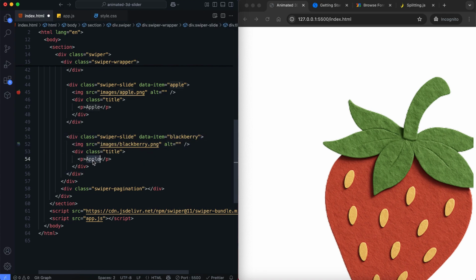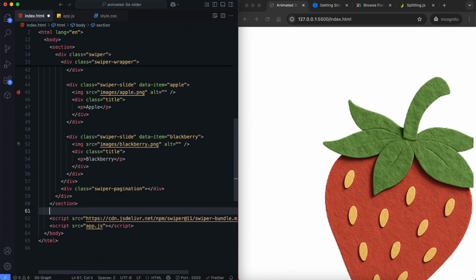Later, we'll return to the HTML to set up Splitting.js. Now, let's move on to the JavaScript.